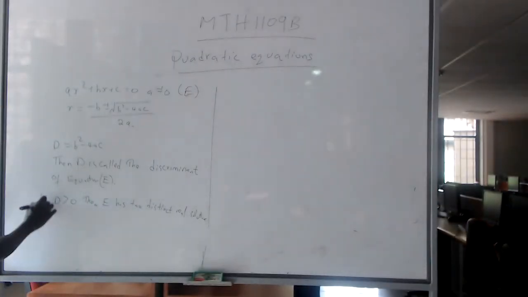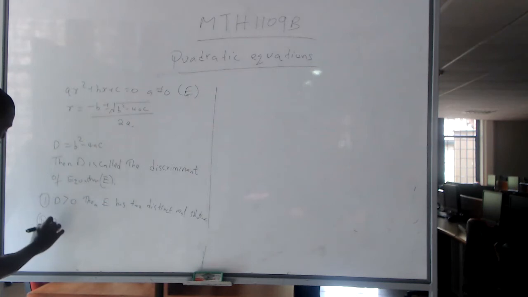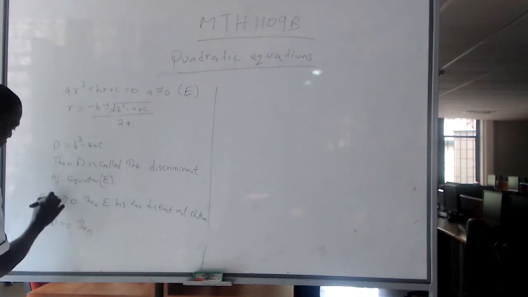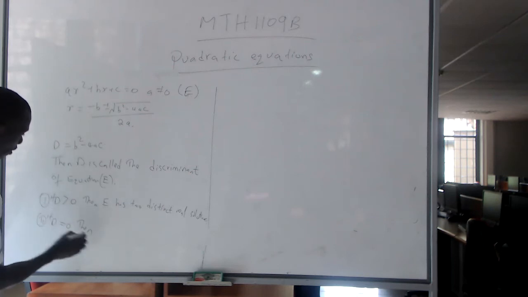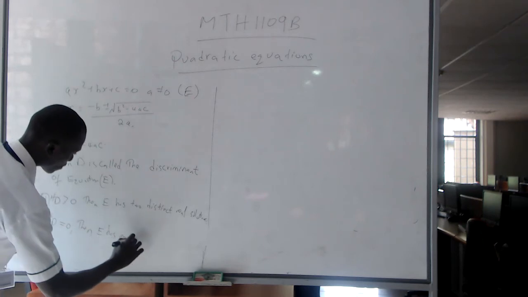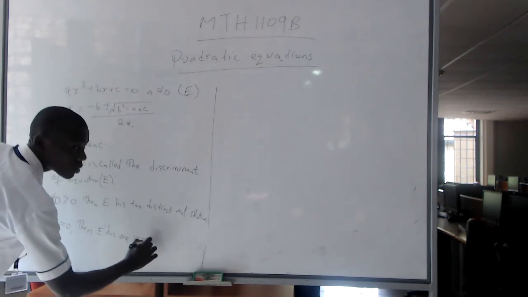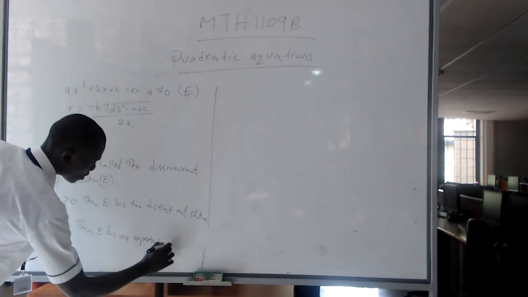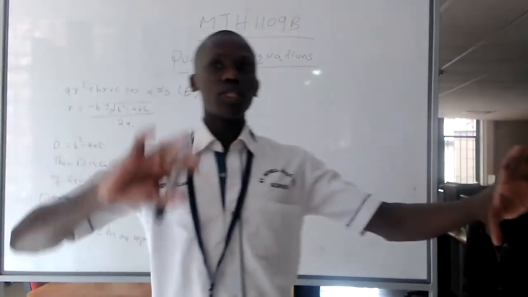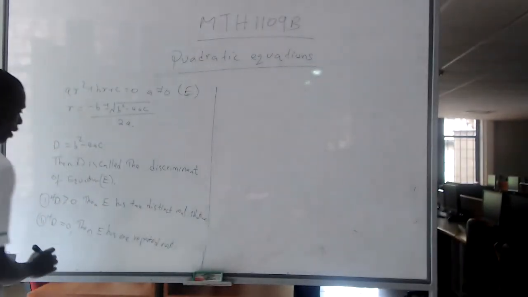Number two, if D is 0, then E has one repeated root. For example, x squared plus 6x plus 9, you're getting x is -3 or -3. That's an example of an equation with repeated roots. And lastly,